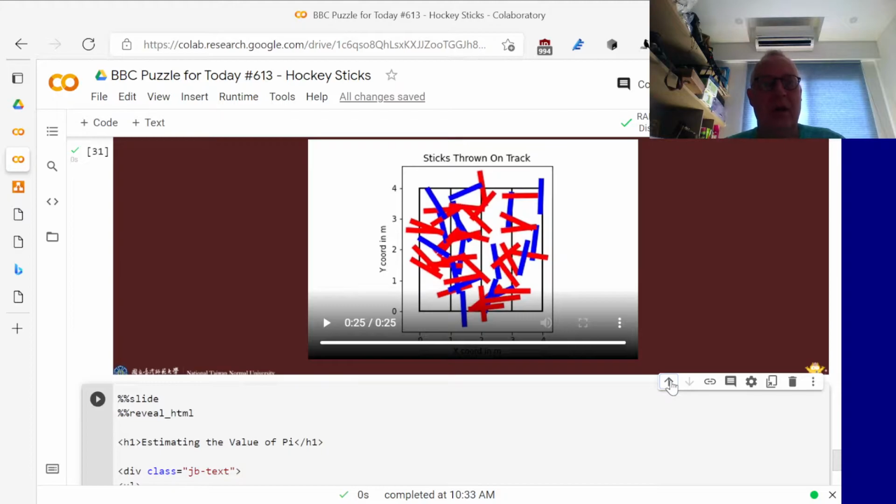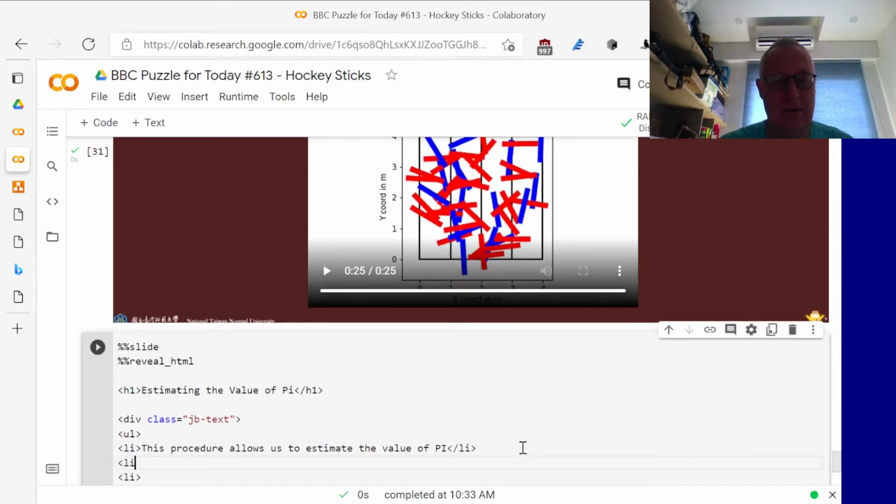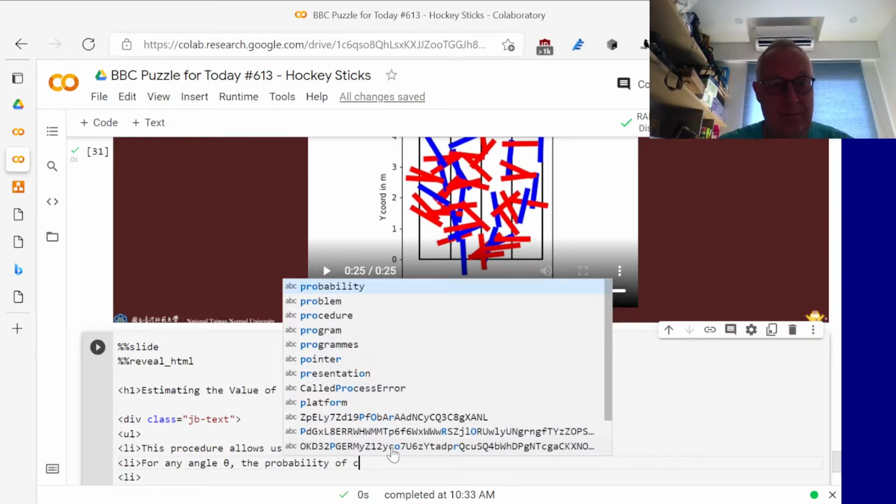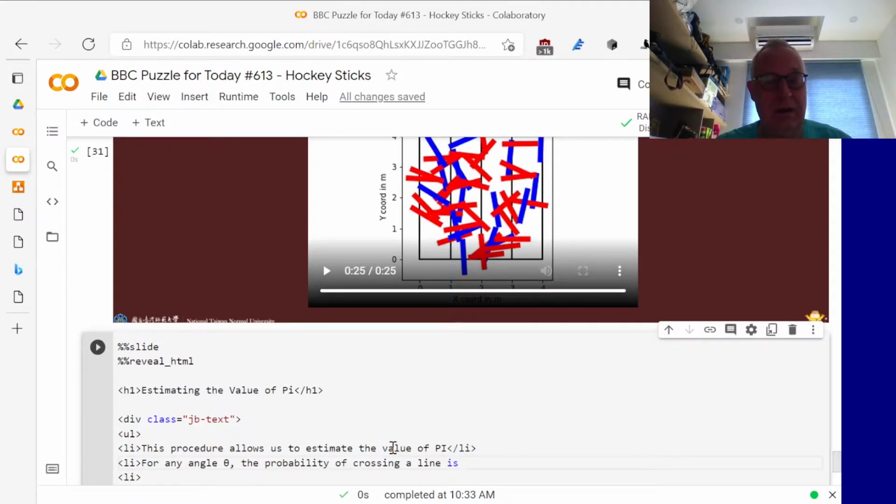The reason for that is because if you think about it, for any given angle theta of the stick, the probability of crossing a line is, in my case, cos theta, because that's